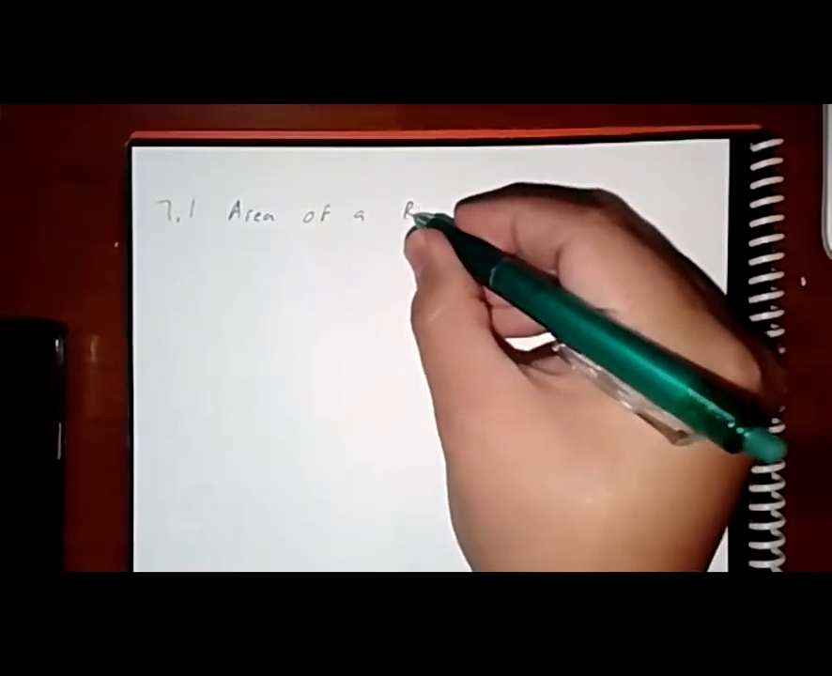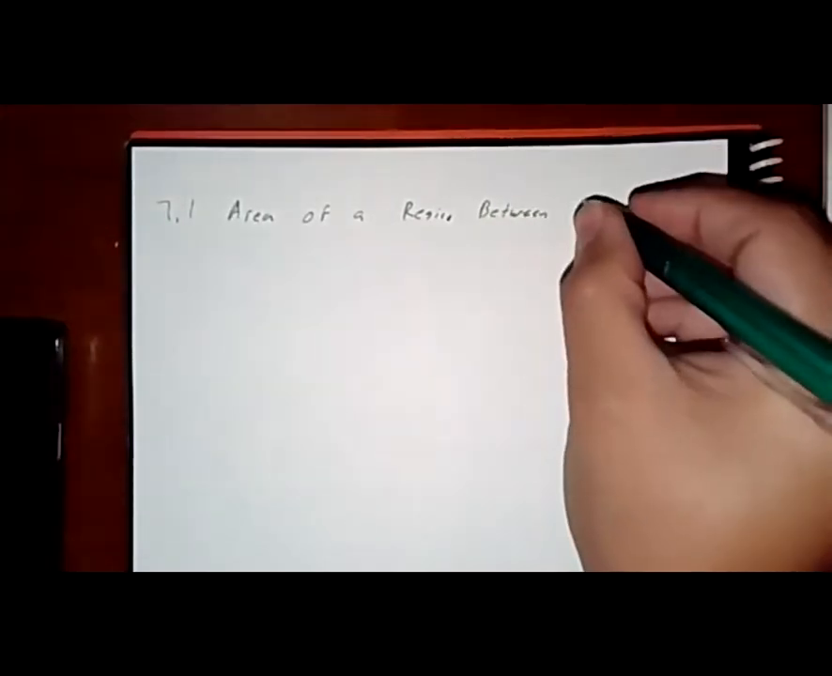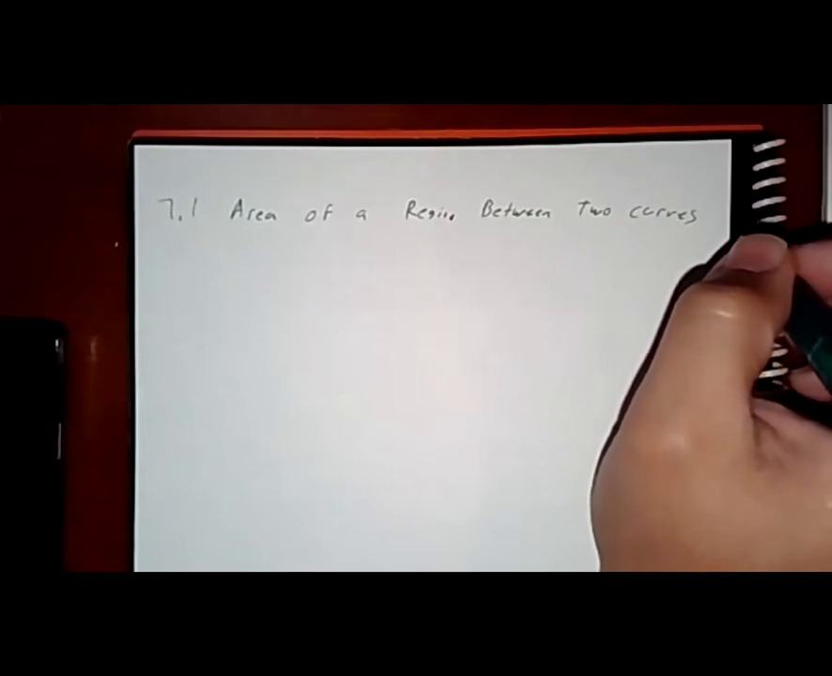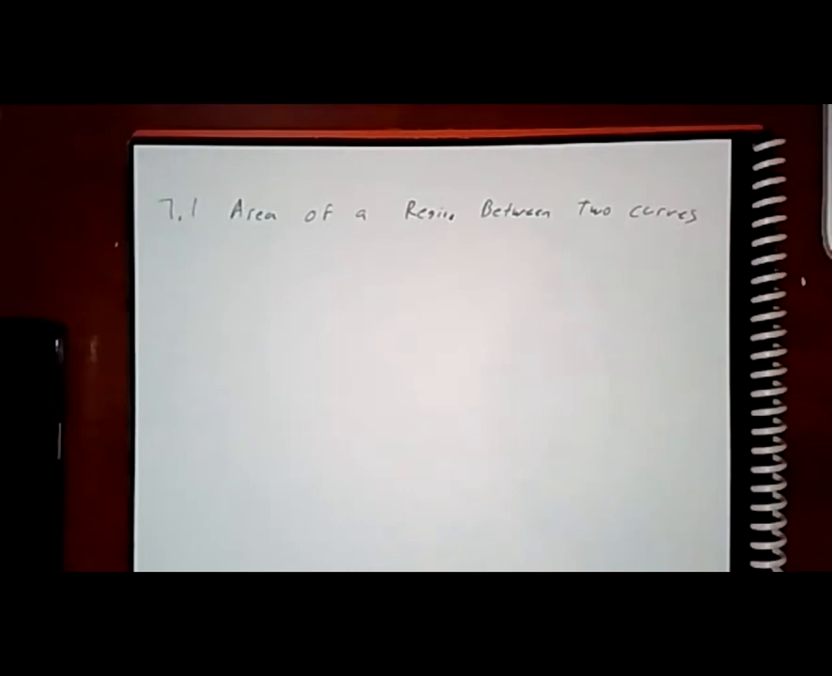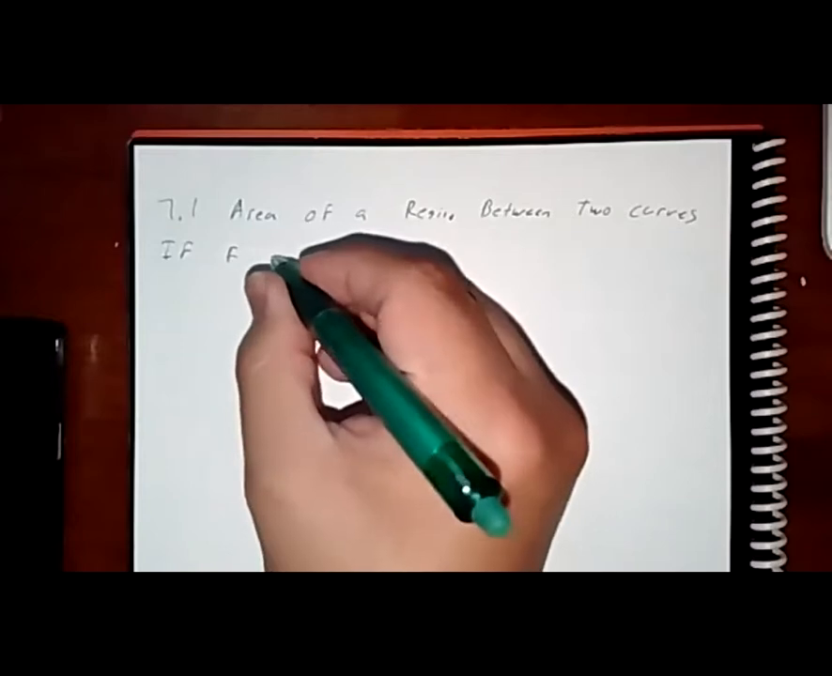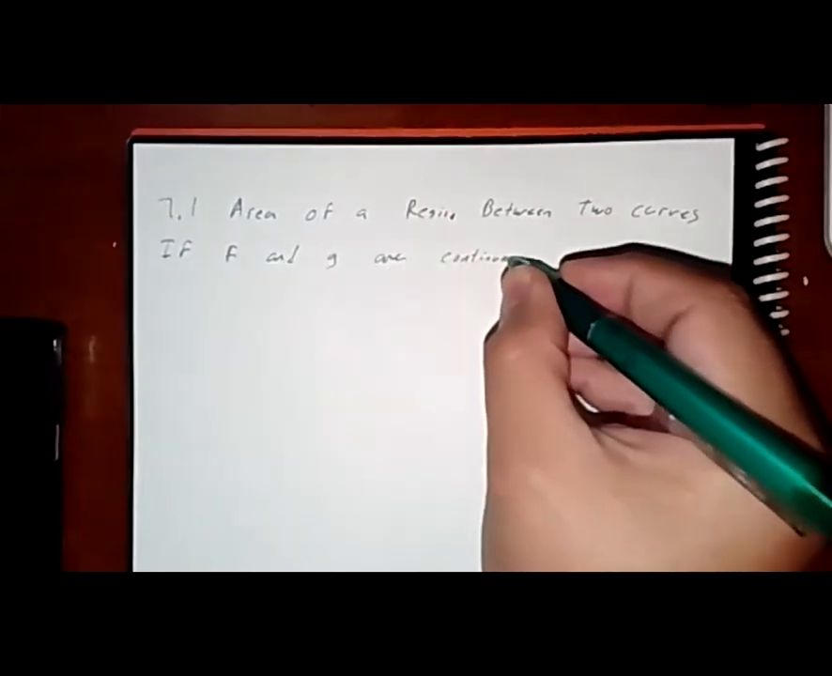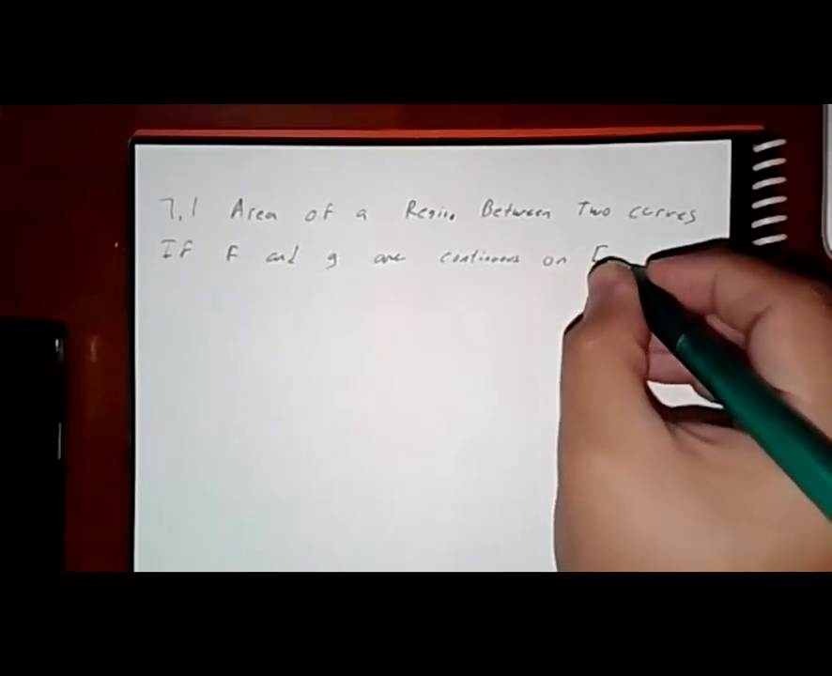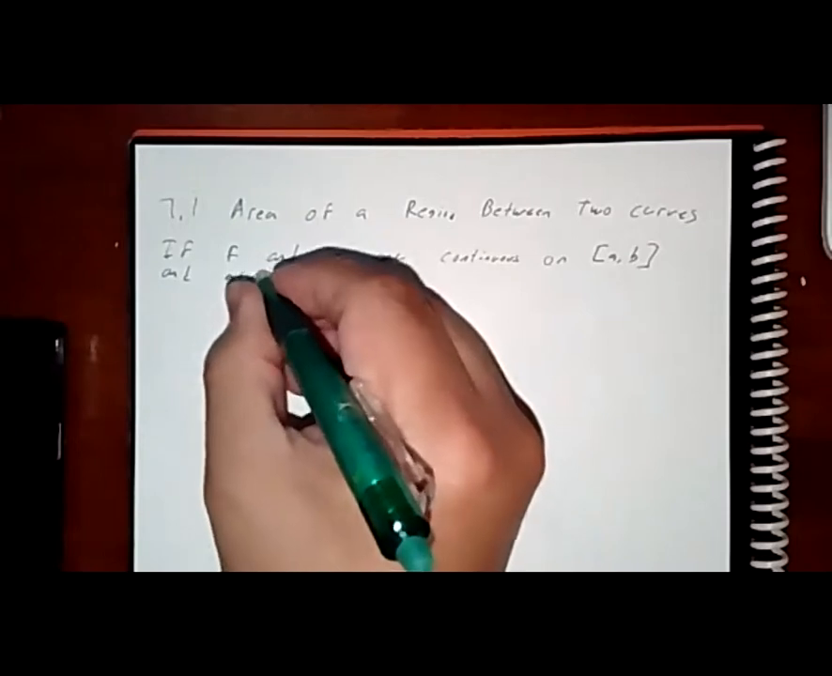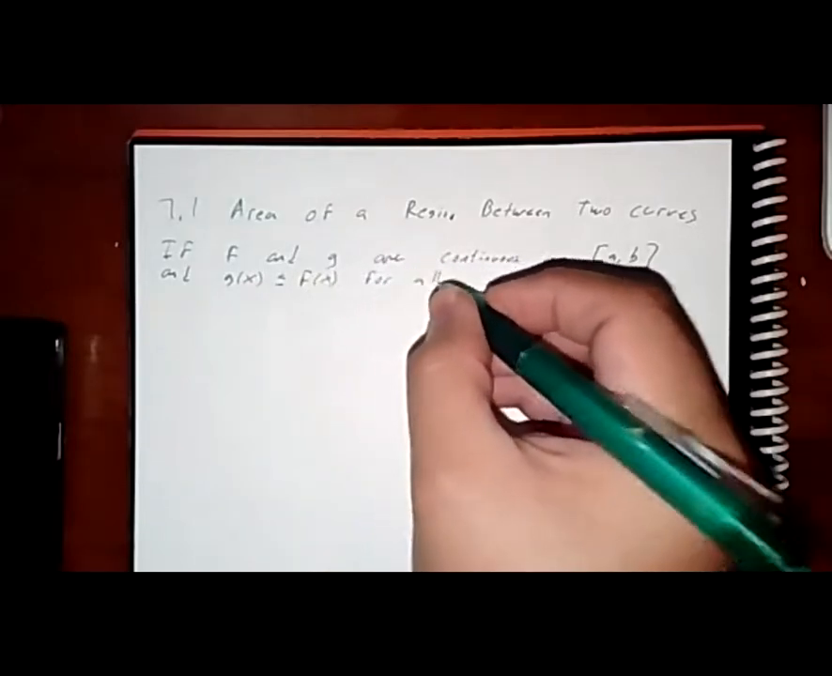Area of a region between two curves. If f and g are continuous on [a, b], and g is less than or equal to f for all x in [a, b],